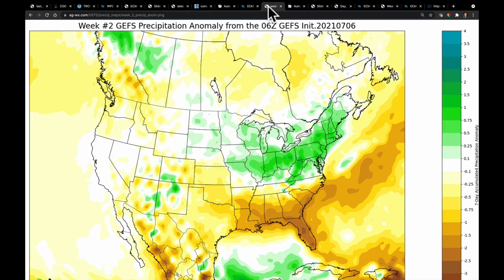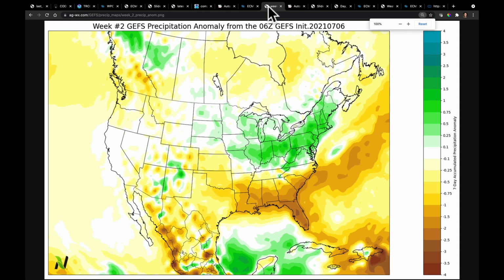And it's not just the European model. It's also the GFS. Let's shrink that up so it fits. There we go. You see that right in through this area, we're seeing drier conditions with much wetter conditions farther to the north in both models. So that's the first thing I want to be watching out for as we go here into the middle of the month of July. Now, before we go any farther than that, I want to talk to you about temperatures,